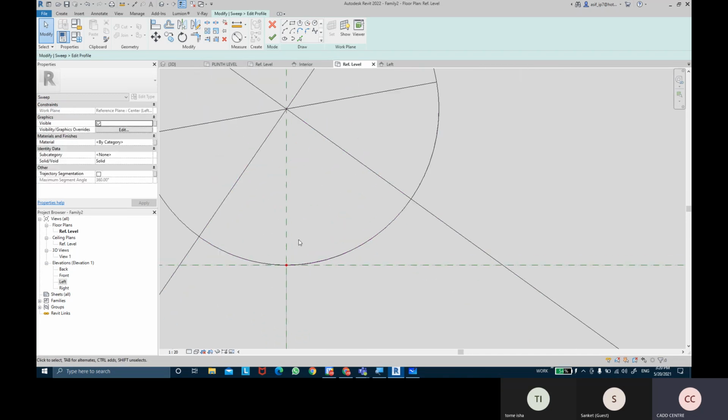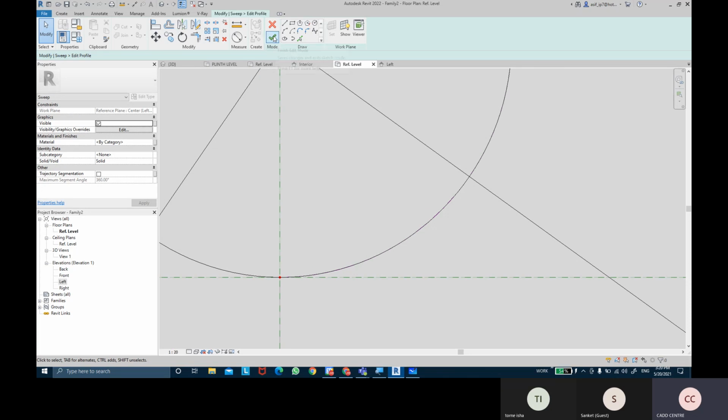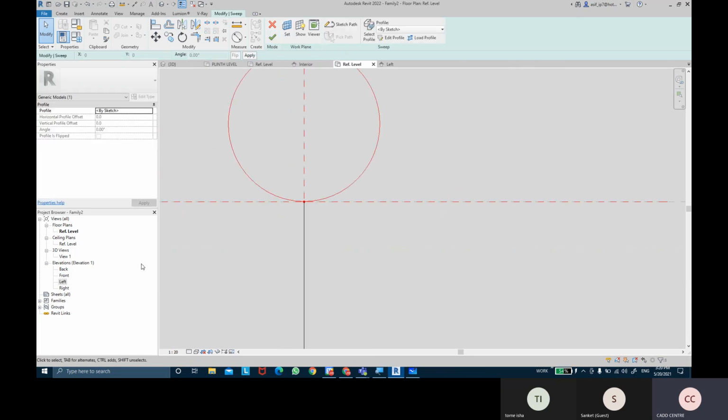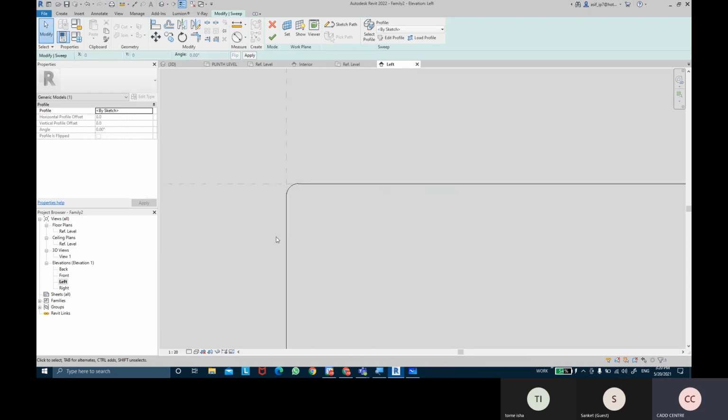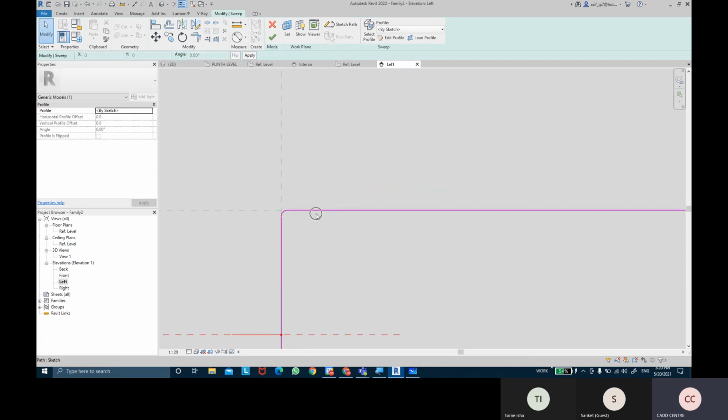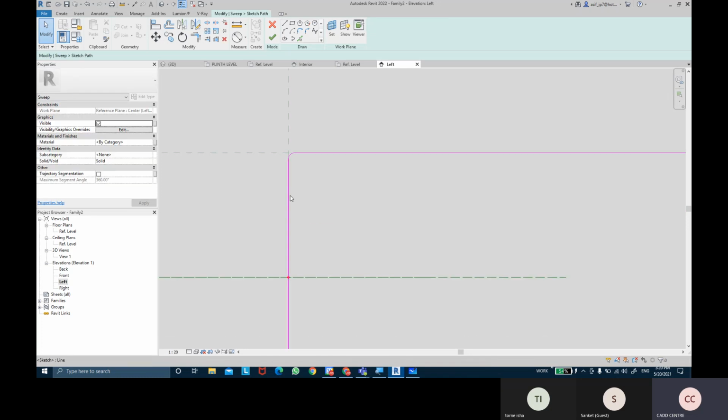And one more thing, I'm going to click on finish edit mode and come back to the left elevation view. I'm going to select this path line and double click on that sketch path line, and I'm also going to make sure that I align it. So align the reference plane and the sketch line and lock them so that they don't accidentally move.